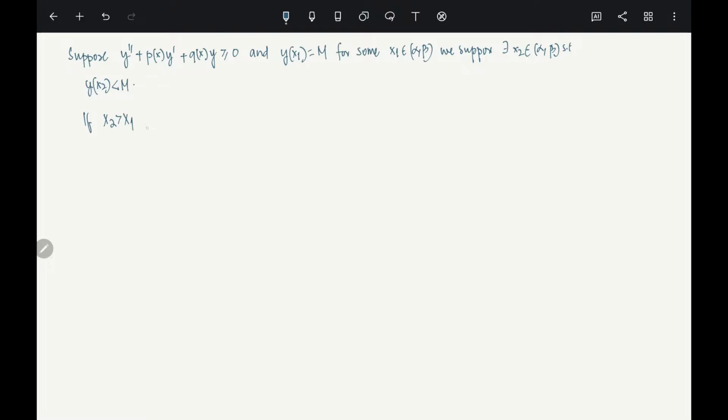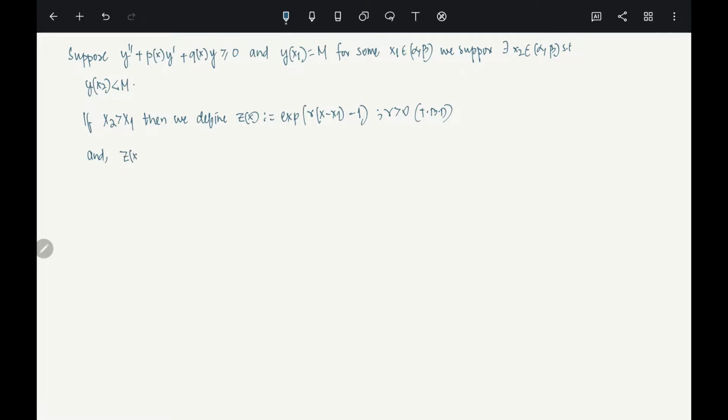So if x2 is greater than x1, then what we will do is we define a function z of x, which is exponential of gamma times (x minus x1) minus 1. And gamma is positive, of course, it is assumed to be determined. And you see the z of x satisfies those conditions, what we did earlier,